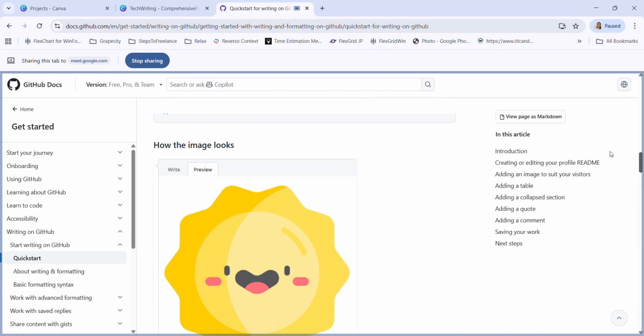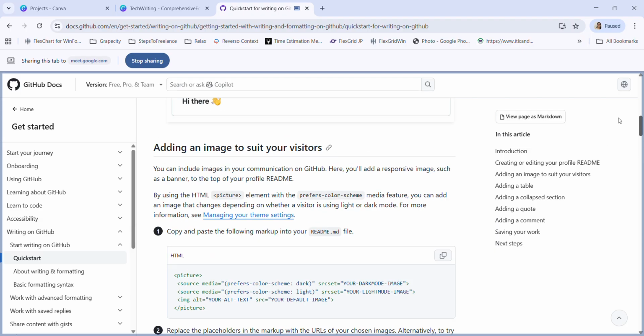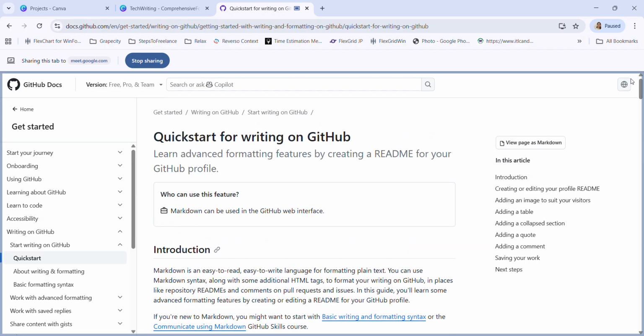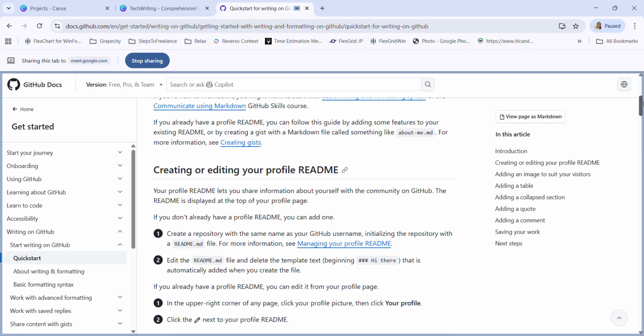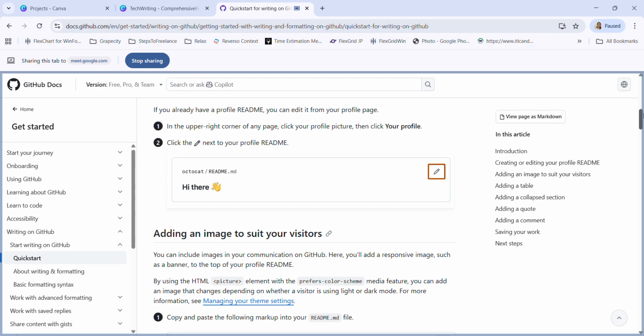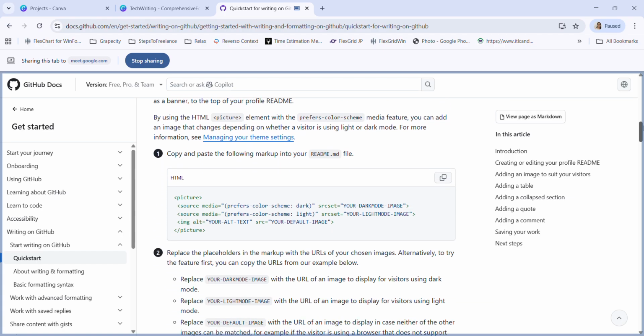They are highlighting the main things. For example, in the first one they highlighted readme.md. Just a second. Which one are you saying?